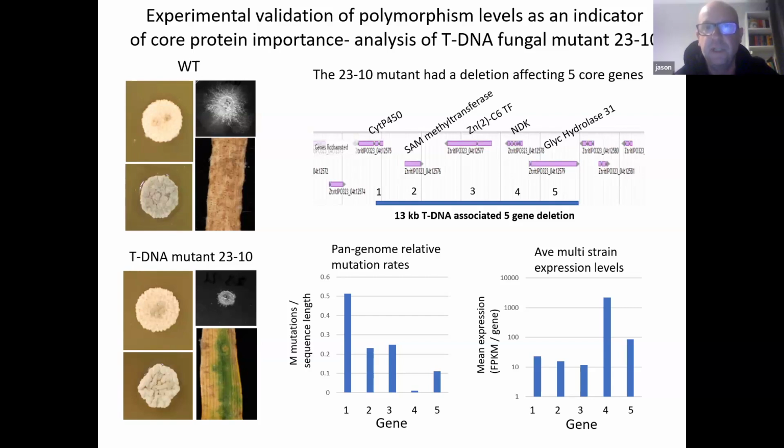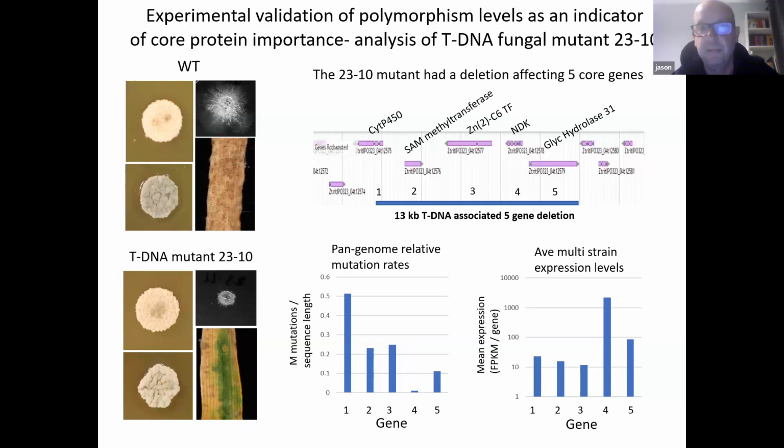So we did a whole genome resequence of this particular strain, and we identified a 13 kilobase T-DNA associated deletion, which effectively removed 5 genes from the genome of this pathogen. Those genes are shown there. So potential CYP51, cytochrome P450, a methyltransferase, transcription factor, a nucleoside diphosphate kinase, and a glycosyl hydrolase is all gone